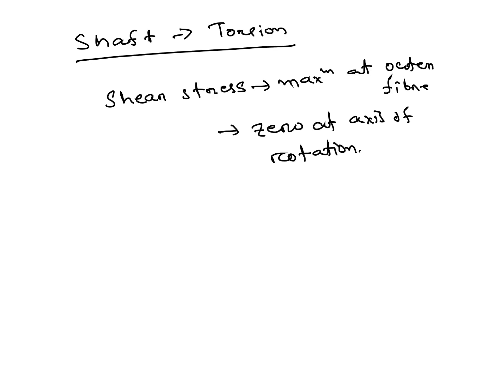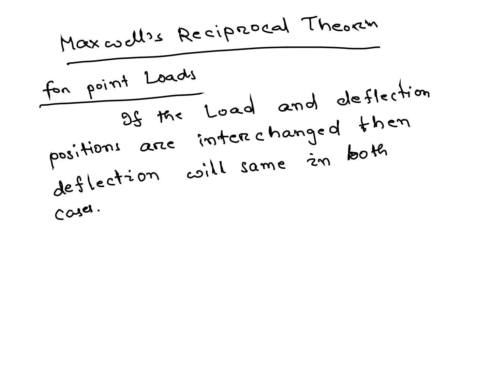Then Maxwell's reciprocal theorem in load and deflection, slope and deflection, for point loads only this is applicable. If the load and deflection positions are interchanged, then deflection will be the same in both cases. Here a cantilever beam is there. We are applying point load W here. Then deflection will get